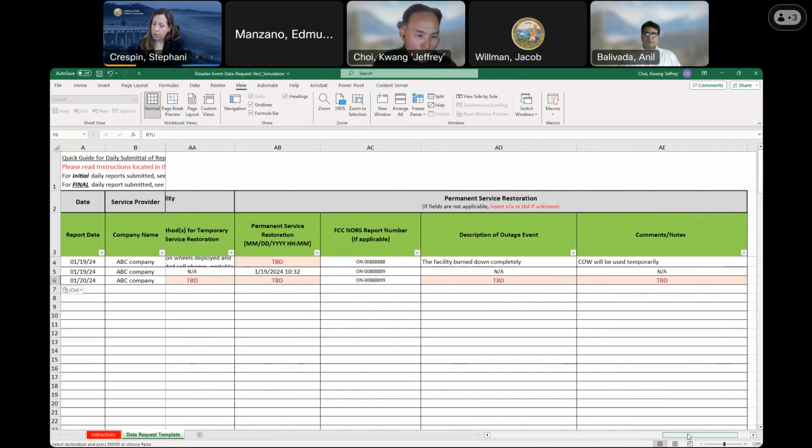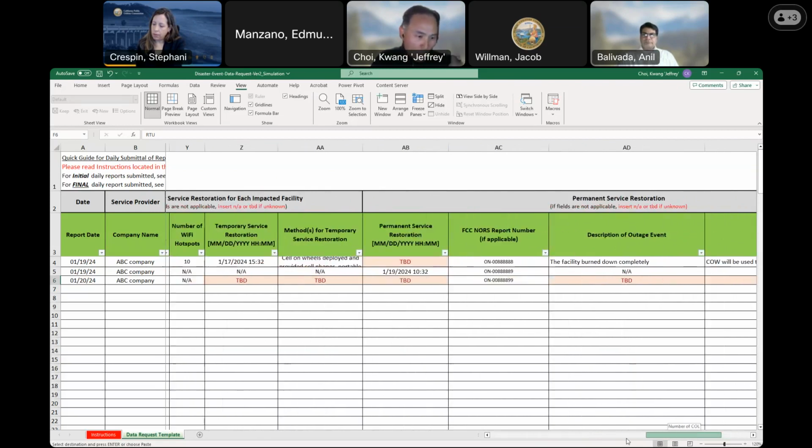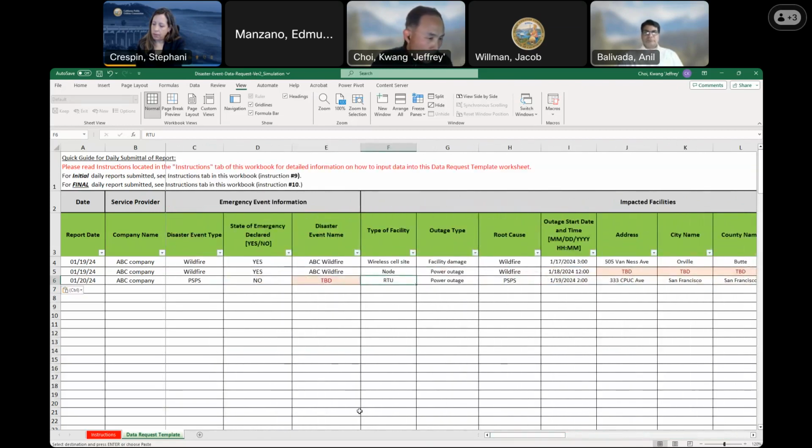And then if you don't know, just put the TBD for description of outage event and the comment. So this is what you can send to us for day 2.